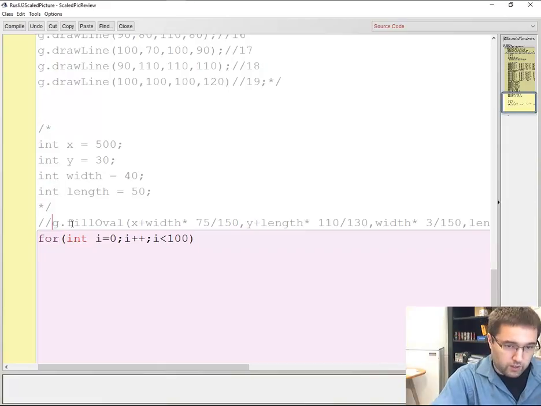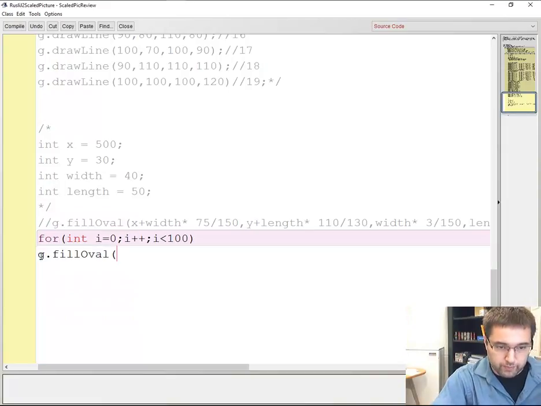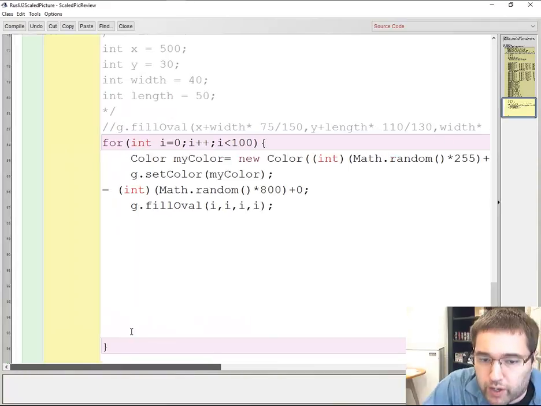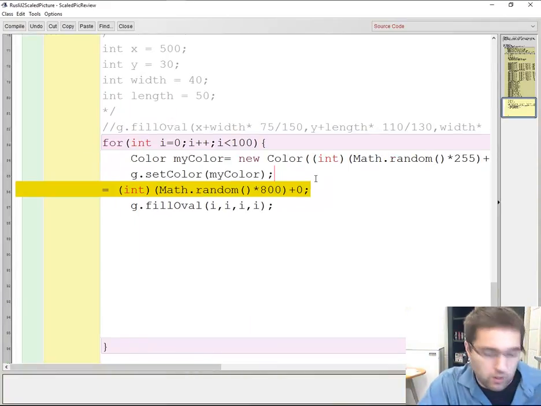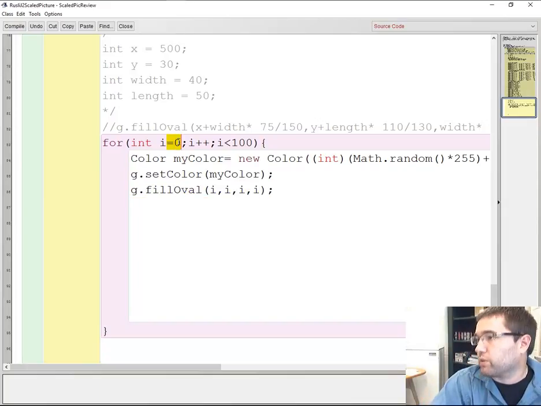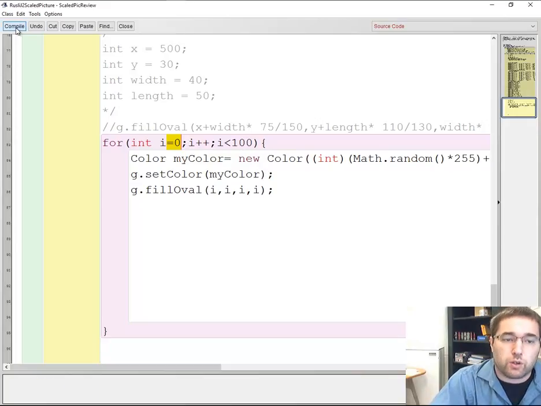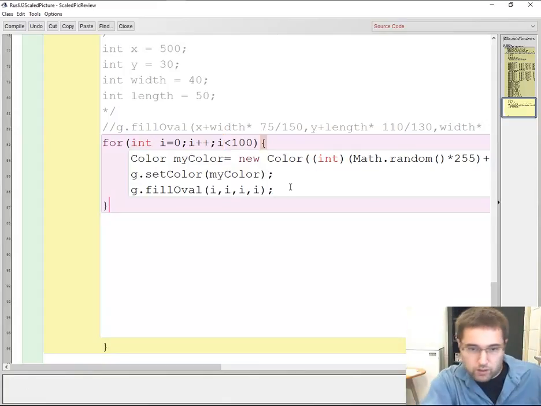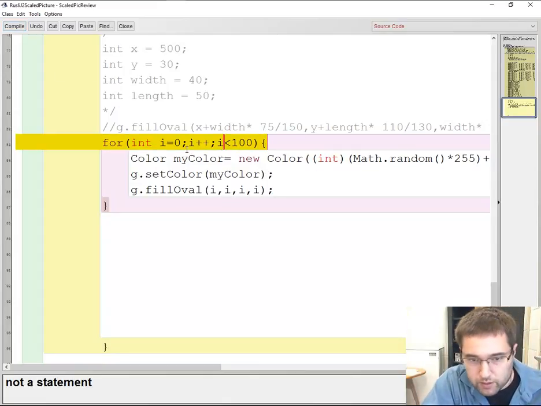If I want to take this g.fill oval code, what I'm doing is creating a random color every time I run this. That's what this does, and I'm just filling an oval. It goes from 1 1 1 1, 2 2 2 2, 3 3 3 3, all the way up to 100 100 100. So when I forget to put the closing bracket and compile this,